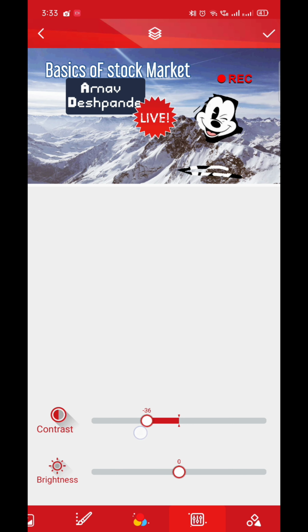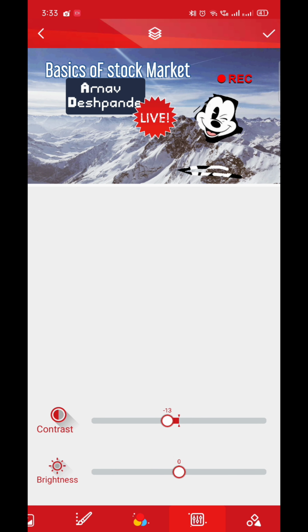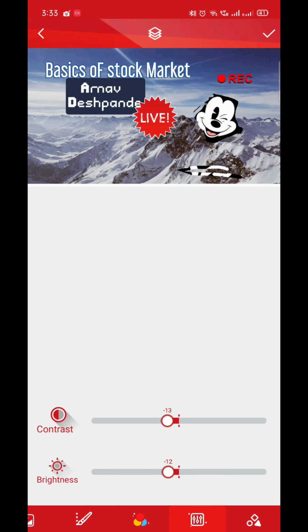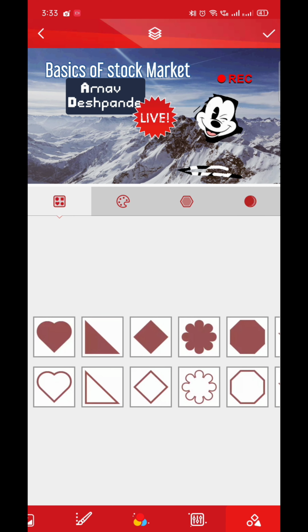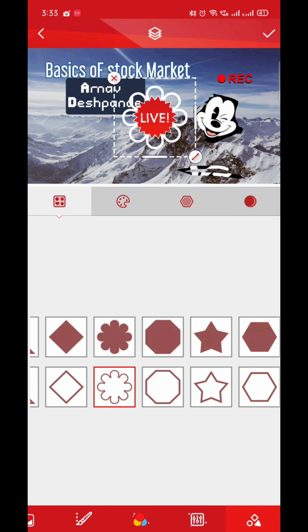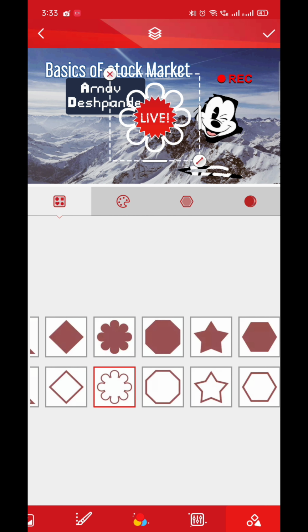And even you can adjust the contrast of the background and even the brightness of the background, but contrast I'll keep at minus 13 according to the image, and even you can increase the brightness but decrease looks crazier for this one. And yesterday we have seen adding the shape to the image. I'll zoom it, and now perfectly it has surrounded the live option.